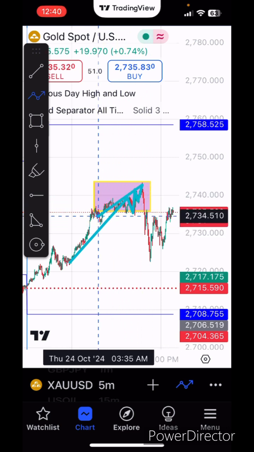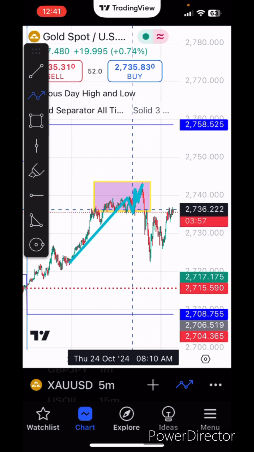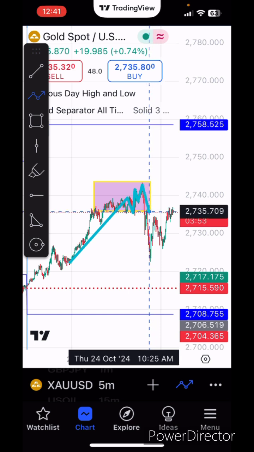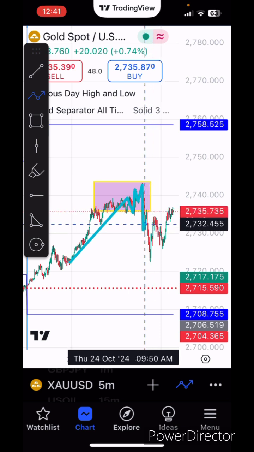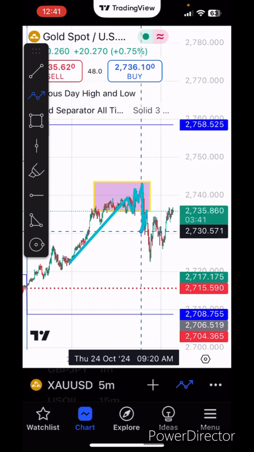Okay, they're trapped. We pull back where? Right back into this that was providing support is now providing resistance right here. We pull back, trade here, bam, and you can get in right there, stop loss above that pullback structure, target the last low, which would be right here,